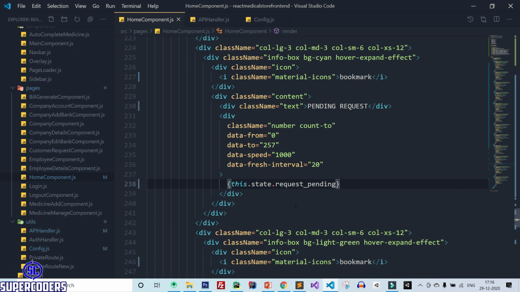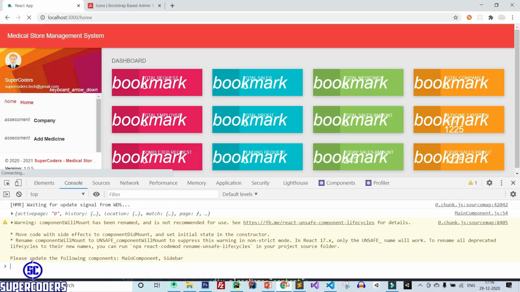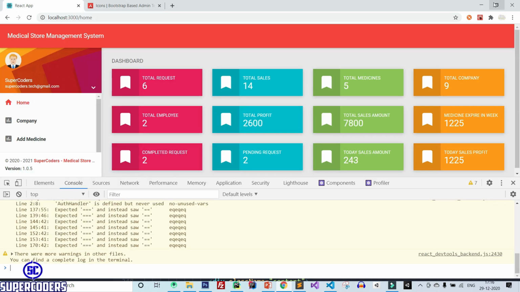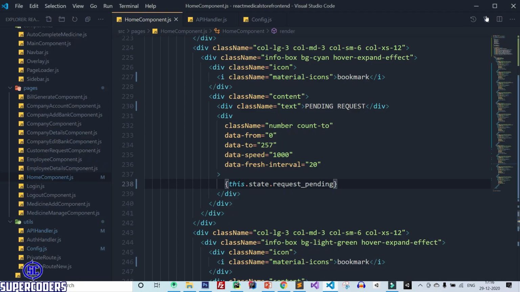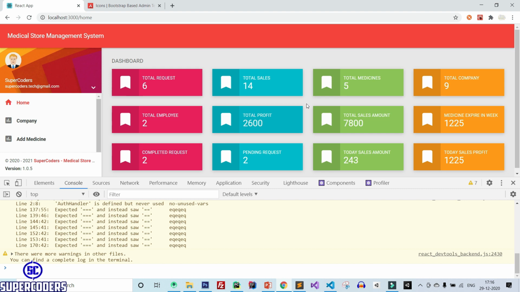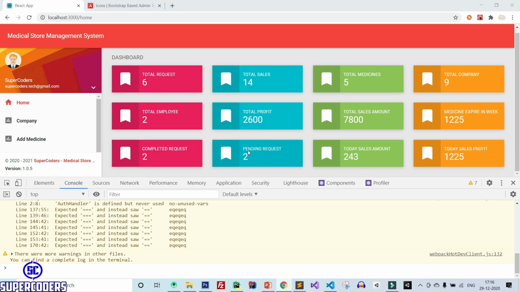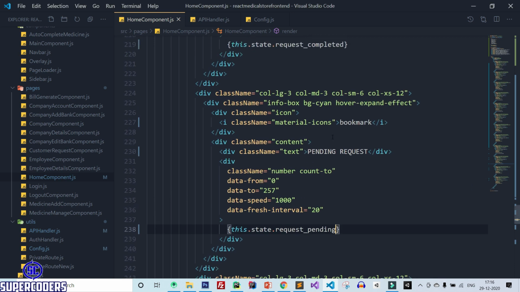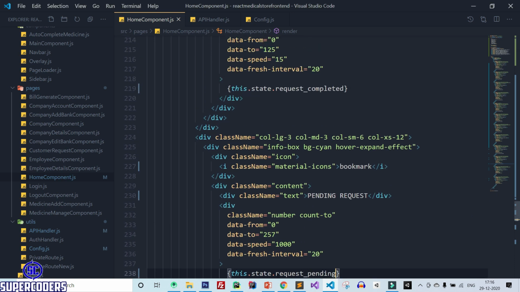Save it, back to Chrome, and refresh the page, and you can see total request, total sales, total medicine, total company, completed request, pending request, all are showing now. But here is one error, I think. Let's see in PyCharm.